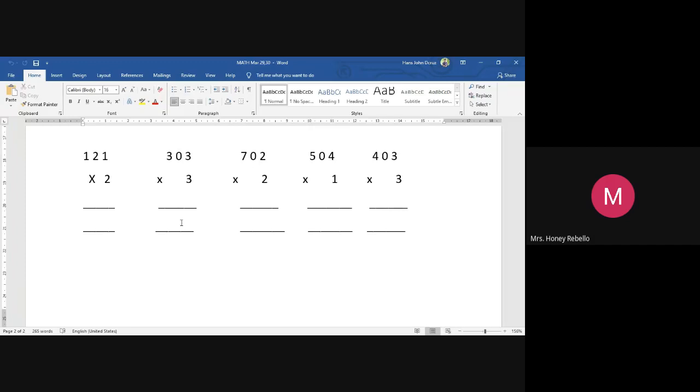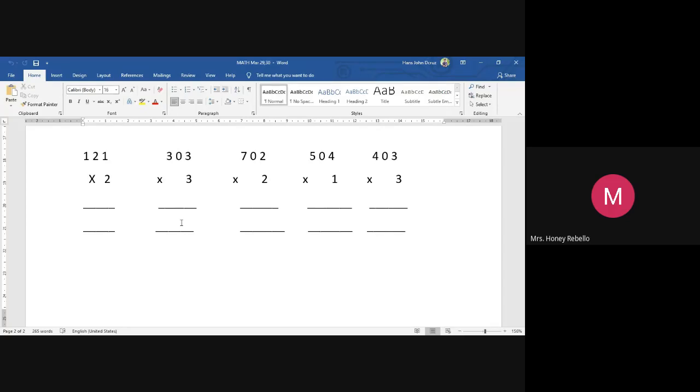702 into 2. John, you heard how other children spoke. Same way you have to speak. 702 into 2. Say, 702 into 2. Yeah, you must tell me. I'm not going to say. Tell the first one. 2 2s are 4. Very good. Then, 0 2s are 0. Very good. Next one.